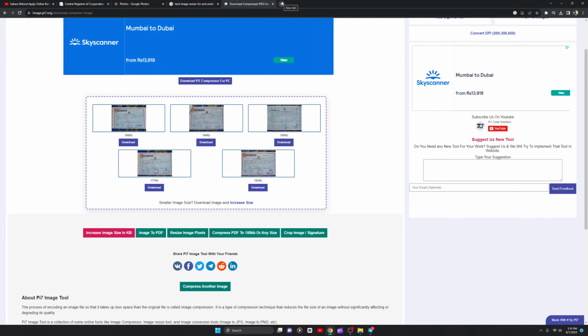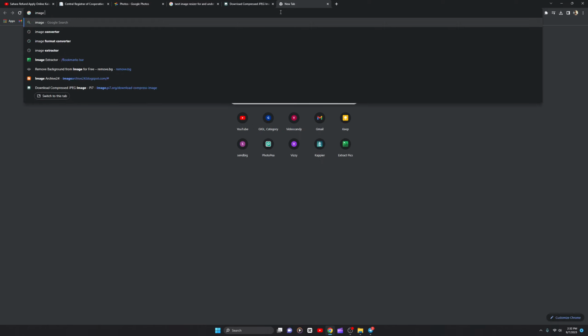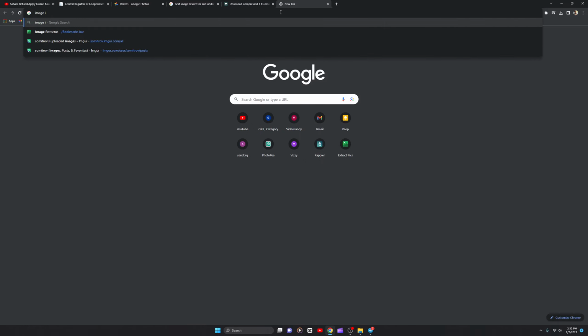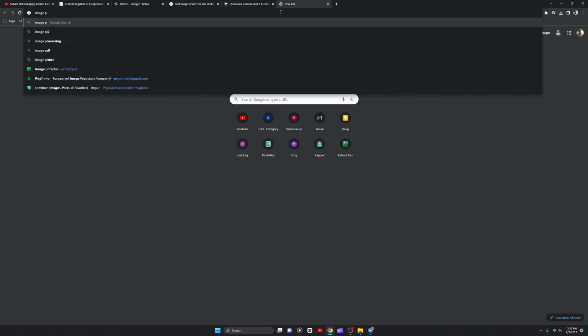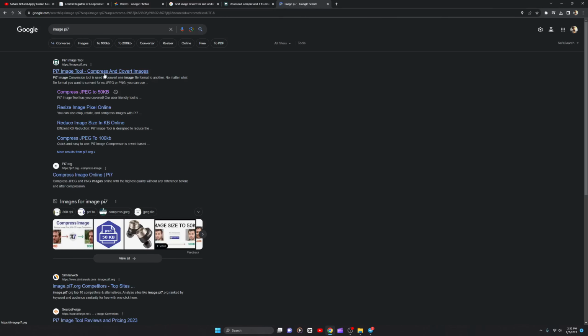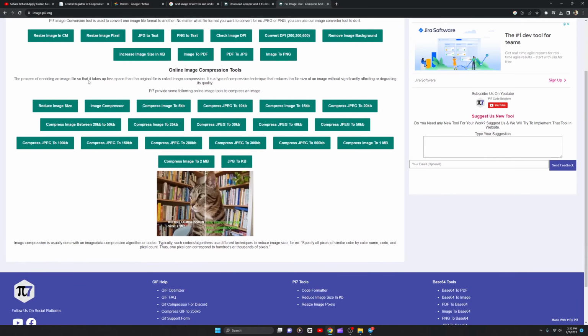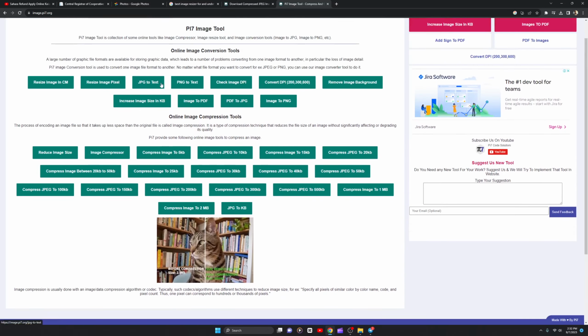And how did you find it? It's called image PI7. All you have to do is go to a new tab and search for image PI7. All you have to do is search for this tool, and you'll see the first result is PI7 image tool compression and convert image. Just go ahead, and you might be looking at this tool on your PC, so you also see some ads, and it's a free tool, and you see all the options are there